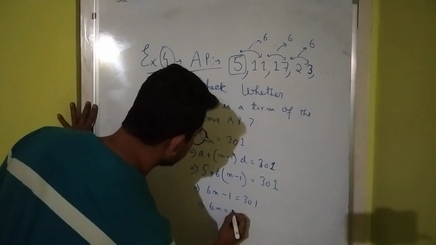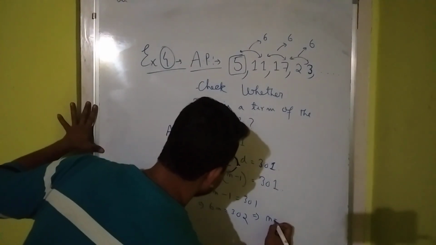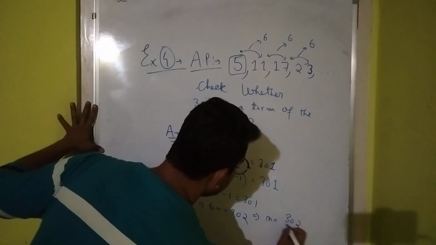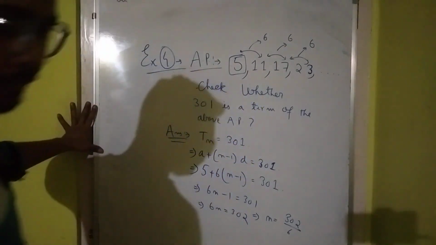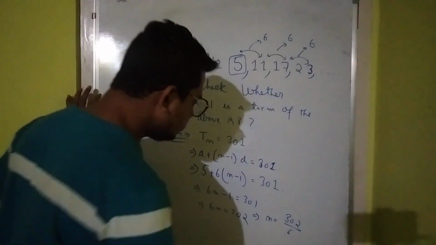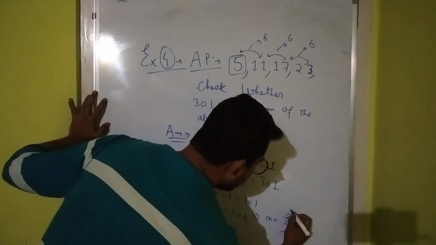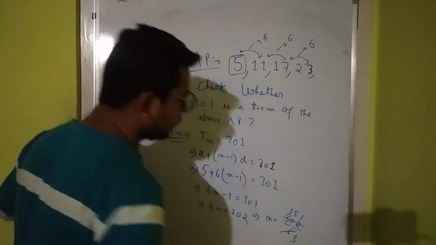So 6n is 302. It means that n is 302 upon 6. So if we break it or divide it, we can see that